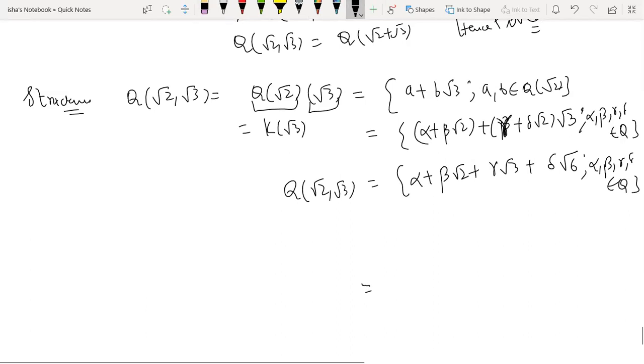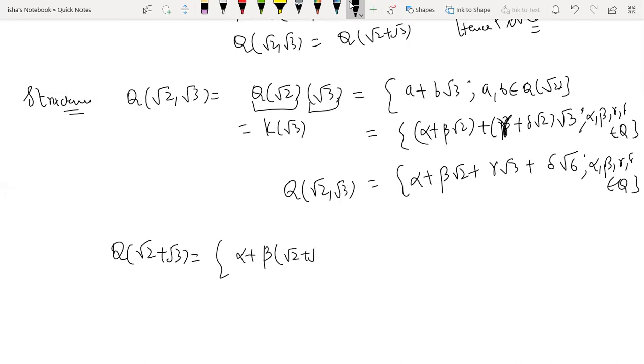Right, so that is the structure of this, and similarly you can have the structure of the other one, which is q square root 2 plus square root 3. So its structure is alpha plus beta square root 2 plus square root 3, where alpha, beta belong to q. So alpha plus beta root 2 plus beta root 3. So they seem to be different. If you look at their structure, they seem to be different, but we have proved above that they are both going to be same. So all the elements which can be generated from the first one can also be generated